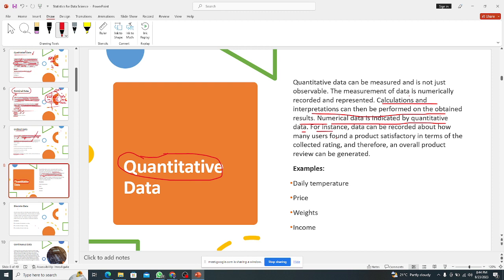of your product. With the feedback or the analysis, you can either re-strategize if you are performing poorly, or you can strategize to improve your products. We have some examples of quantitative data. You can see we have daily temperature, price, weight, and also income. All these come in